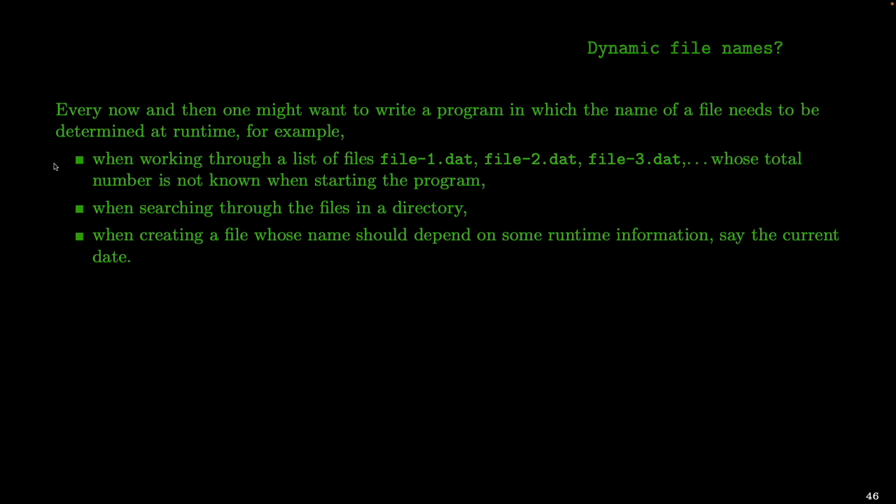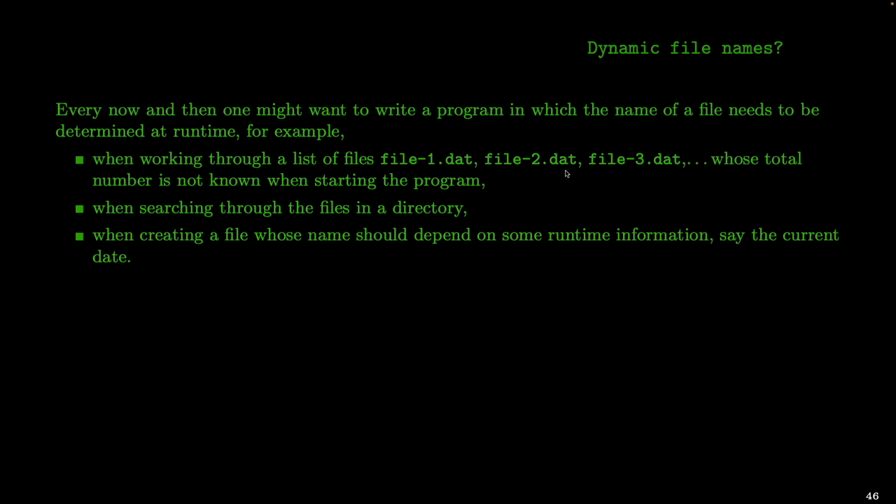And now I quickly want to talk about dynamic file names. That is, file names that are not hard-coded into the program, but actually can be determined at runtime. And every now and then you might want to use something like that. So write a program in which the name of a file needs to be determined at runtime. For example, if you want to work through a list of files and you don't know the total number of files to begin with, so if it's file 1, file 2, file 3, and you would want to dynamically generate the file name in this manner